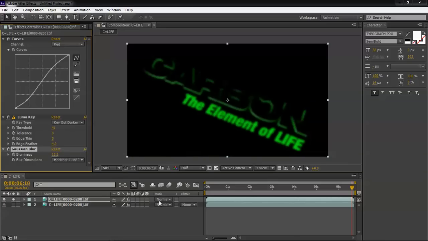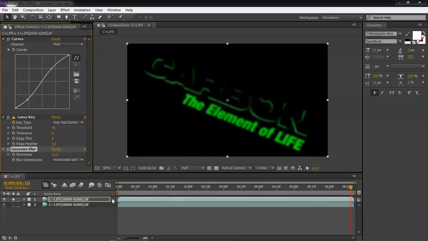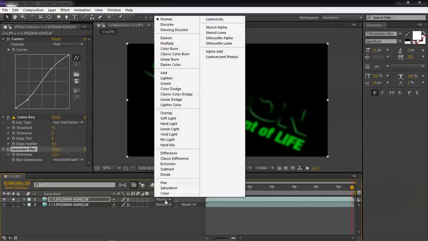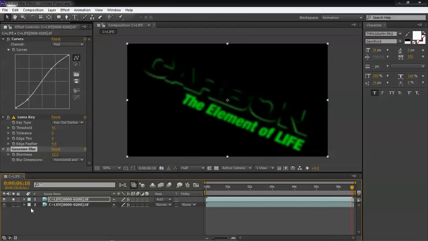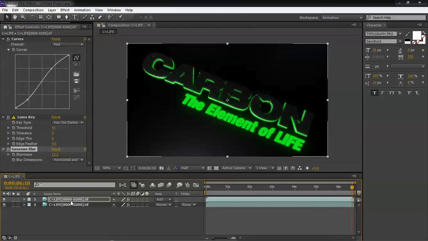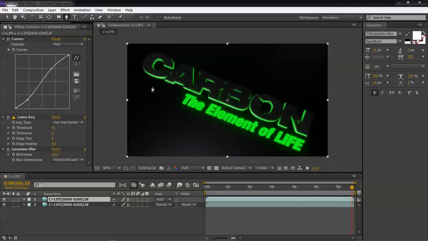Now watch this. If we change the transfer mode down here, if you can't see it, just hit F4, mode, add. Now if we turn off solo, it's added a real intensity to the glow there, but it's also ruining this glow here. That looked fine before, and it's just a bit over the top, but this carbon bit actually needs it. So what we're going to do is take the pen tool, make sure this layer is selected, and just draw a bit of a mask